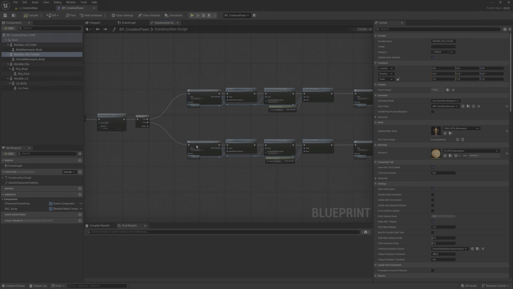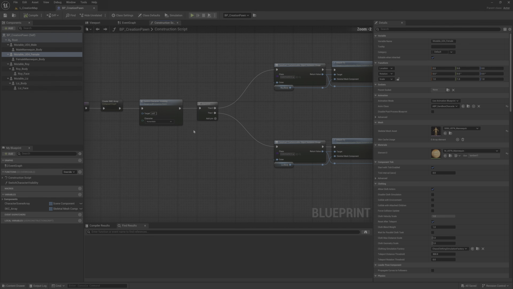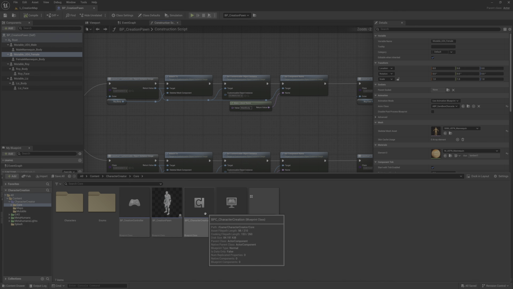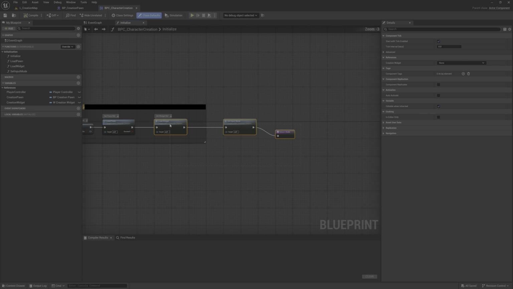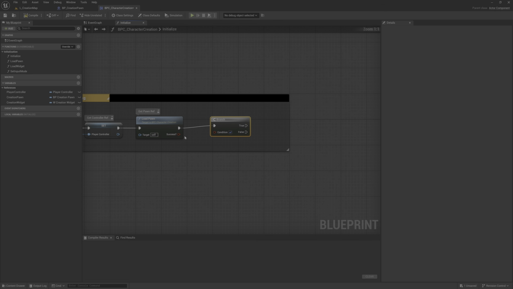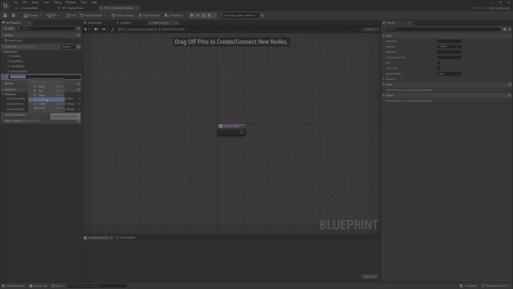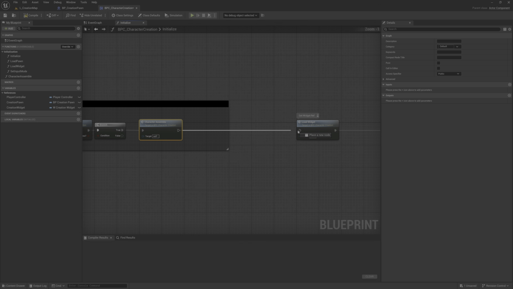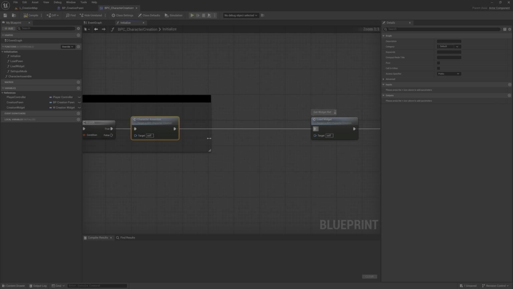Next, we need to fix this. That is not broken, but it's not pretty. Go to the VPC character creation, make some space here, the branch, there, and we need to create a new function for character assembler, and we will call it after the load bound if we succeed. Okay, and then we connect all the rest of the logic.